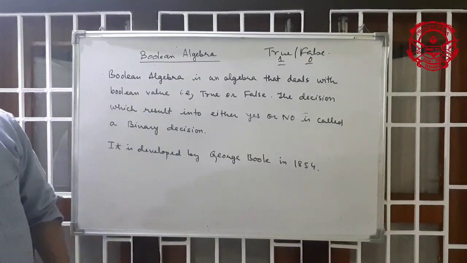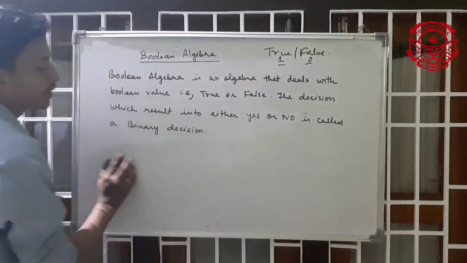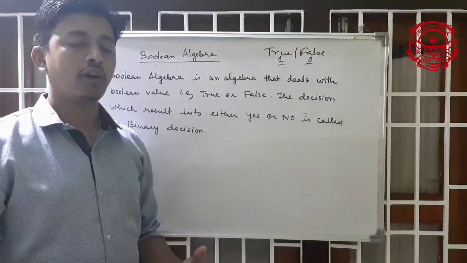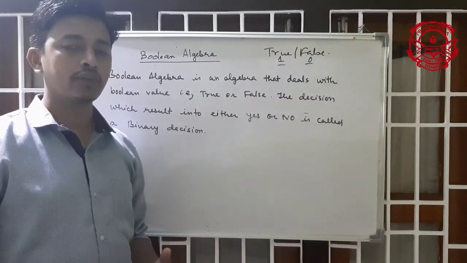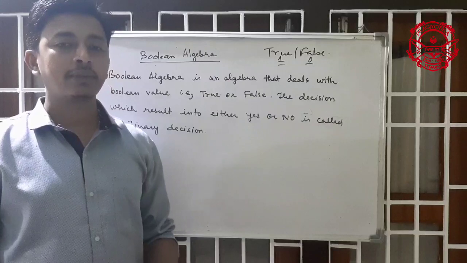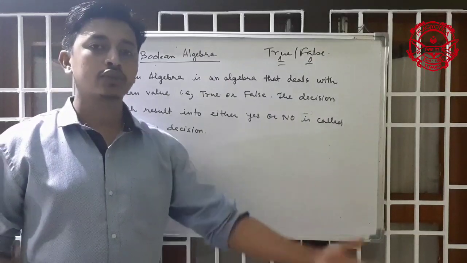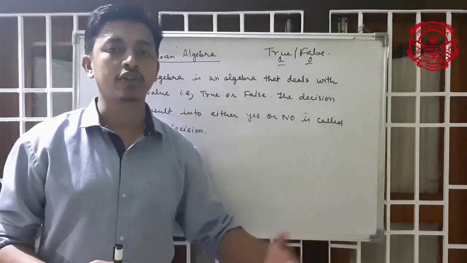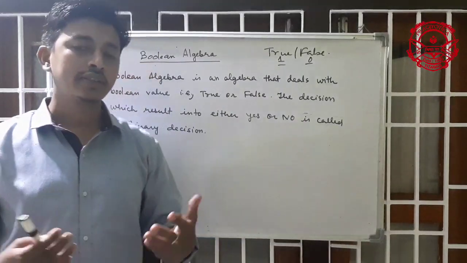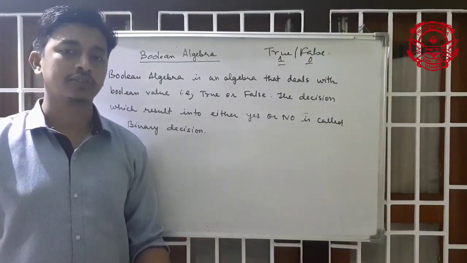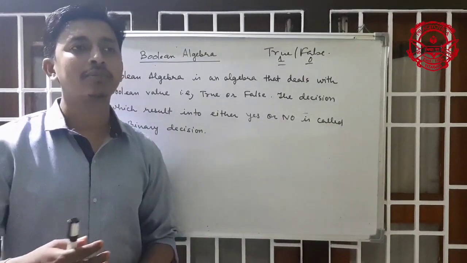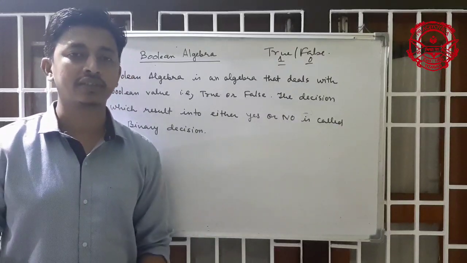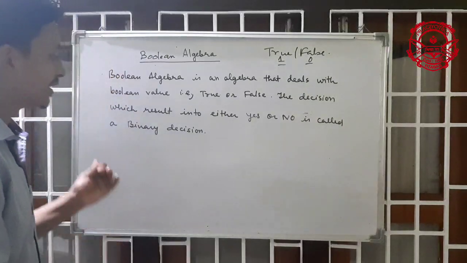Now you can see, sometimes we require only two possible values, either true or false. For example, tomorrow will you go to school or not? Yes or no? Should I use the calculator or not? Yes or no? So the answer will be true or false, nothing else. But some questions, like what is your aim in life? There are many possibilities.